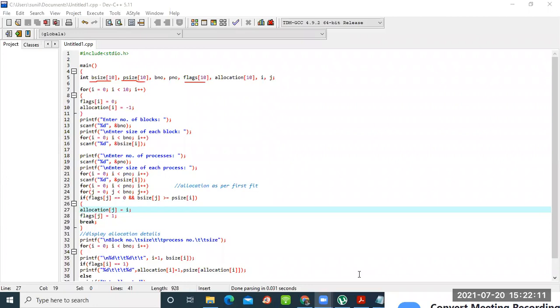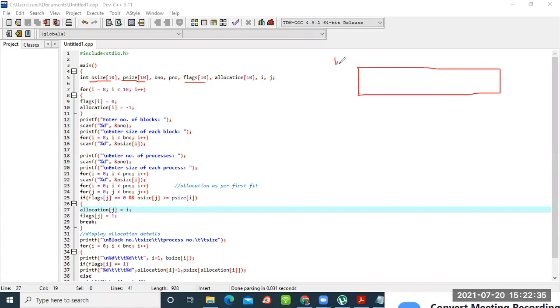Now what are we actually doing? I'm taking an array here. The first array represents your block size.